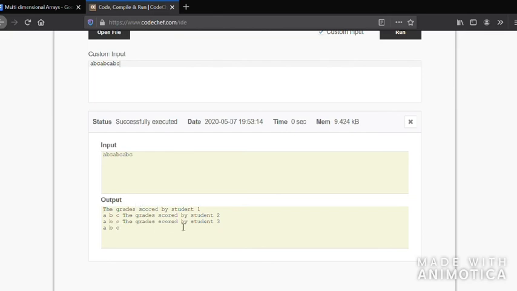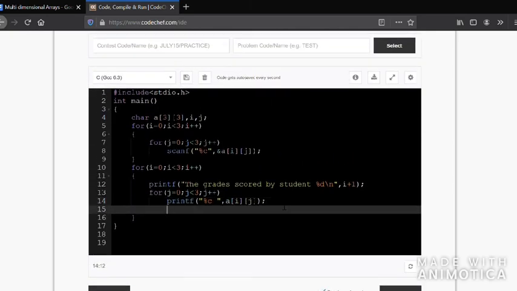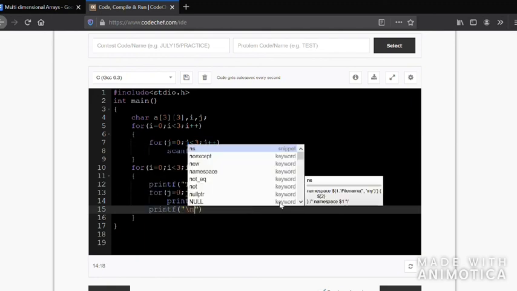Now the grade scored by student 1 ABC. After this, again in the same line we are printing this. So what we should do after ABC, again we should give a slash n. So after printing ABC, printf slash n.